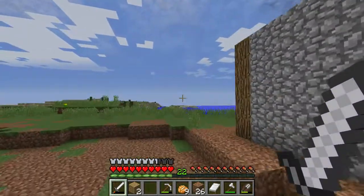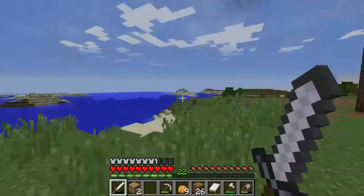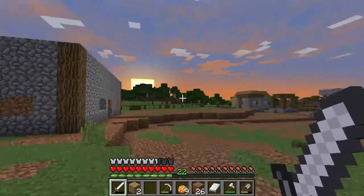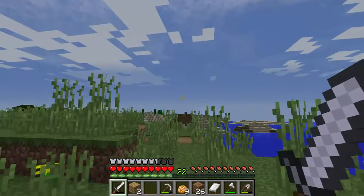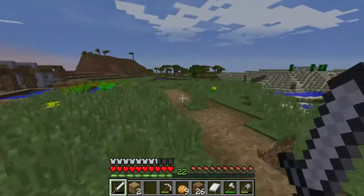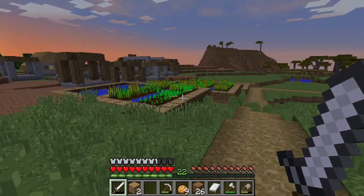And the moon should be rising any second now. There goes the sun in the distance over our village. The sun and the moon shall be on their way. Oh, I didn't realize there was a path over here. Oh yeah, these gardens appear to have not